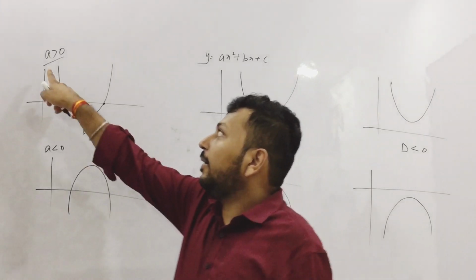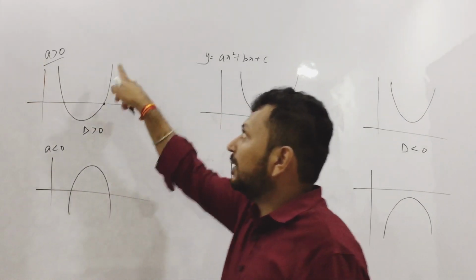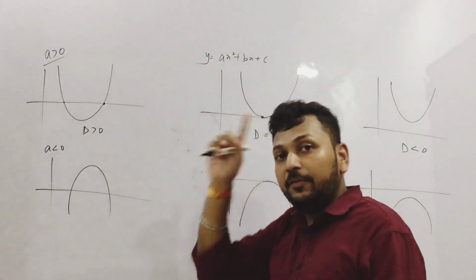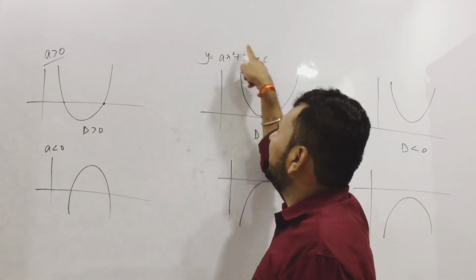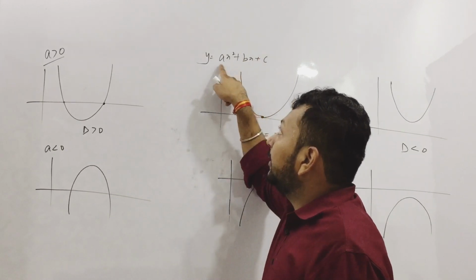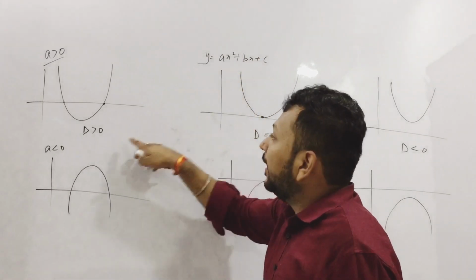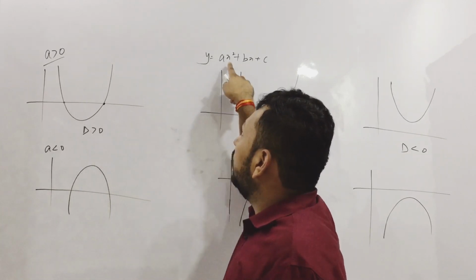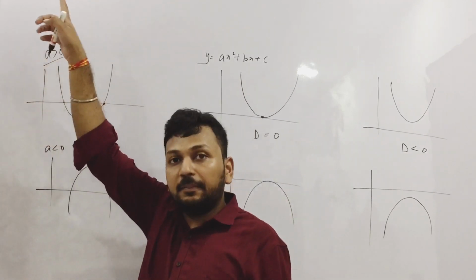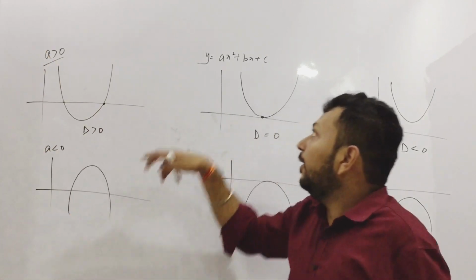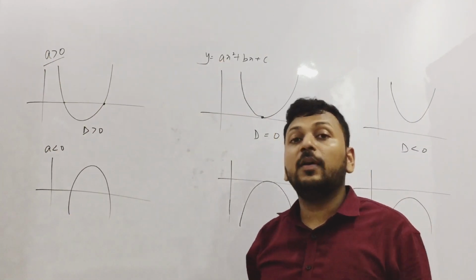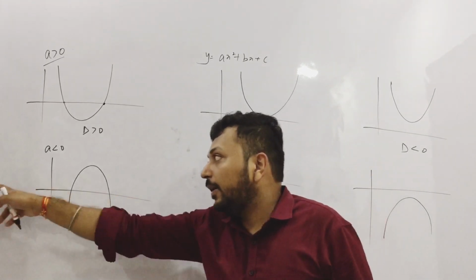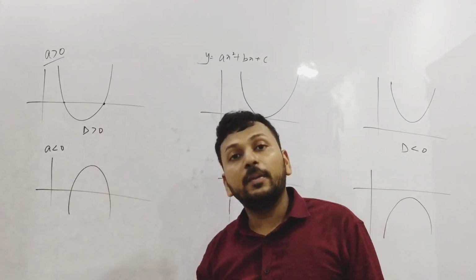Okay. Achha, why, for a greater than 0, is the graph coming like this? Because if a is greater than 0 and I put x equal to infinity, these are small things we can neglect. This is infinity, positive. That means at x equal to infinity, it has to go to infinity. Similarly, at x equal to minus infinity also it will come to infinity. But here, if a is negative, minus 1 into infinity is minus infinity. That means at infinity or minus infinity, the answer is going below.